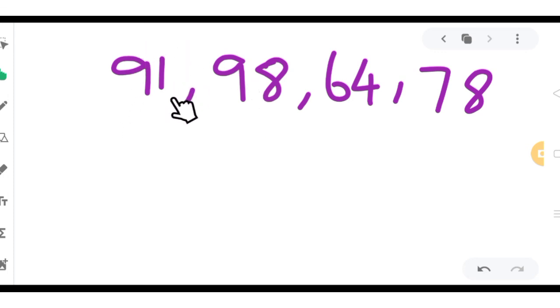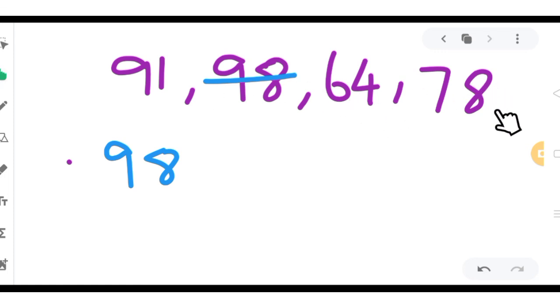place. Okay, in the ones place we have to check now, which is greater. See 1, 8, which is greater here? 8 is greater. Of course 8 is greater, right? So that we should write first. 98. Now I have struck it out. The next ones, 91, 64, 78. So first let's see the first digit, 9, 6, 7. Which is the biggest here? Of course 9 is bigger. So this number we should write next, 91.